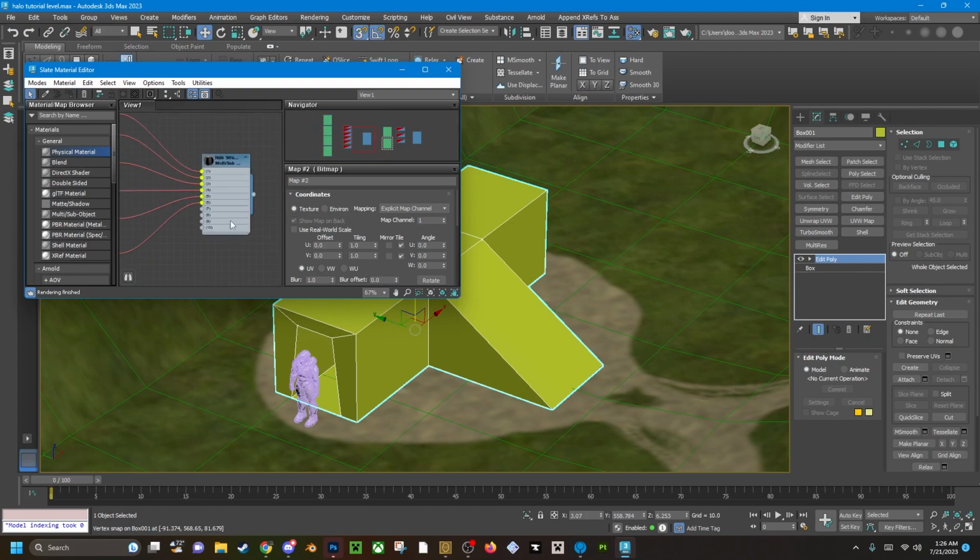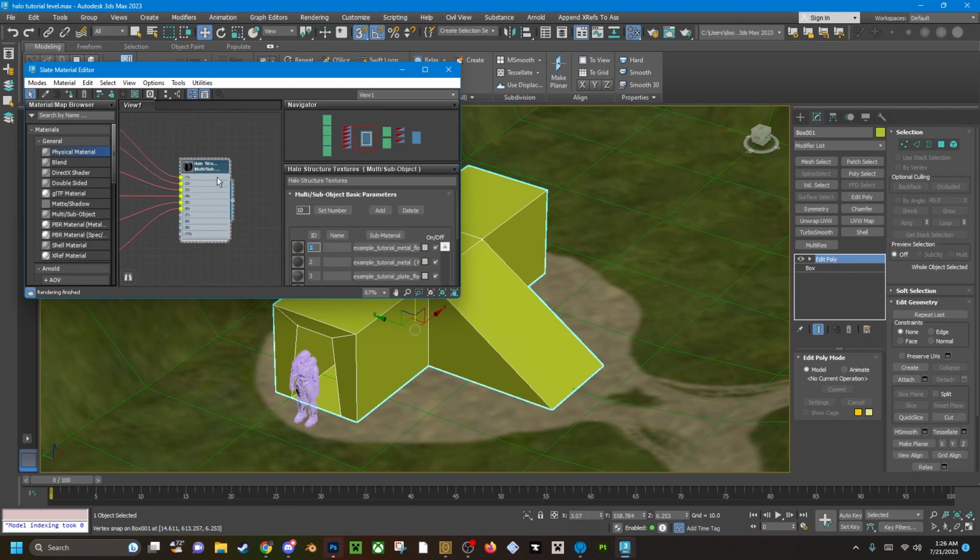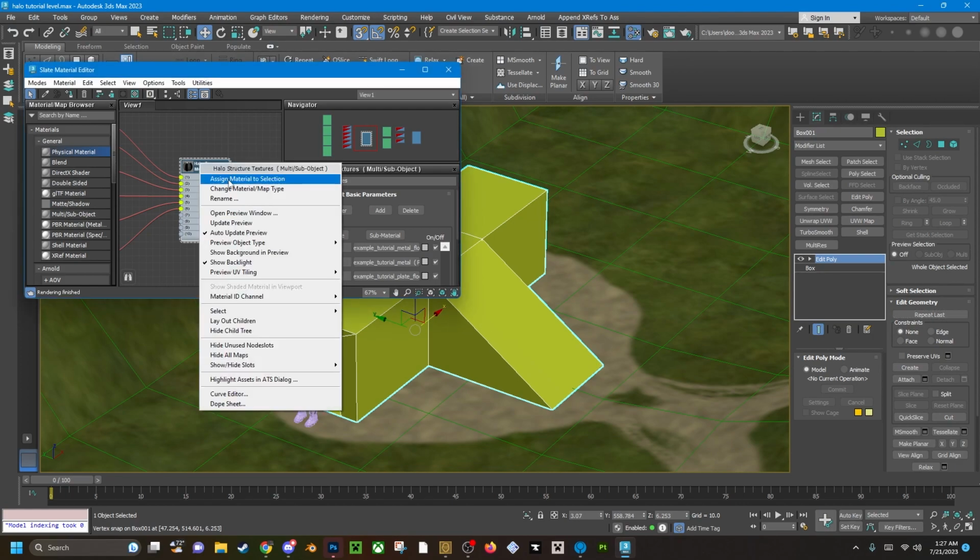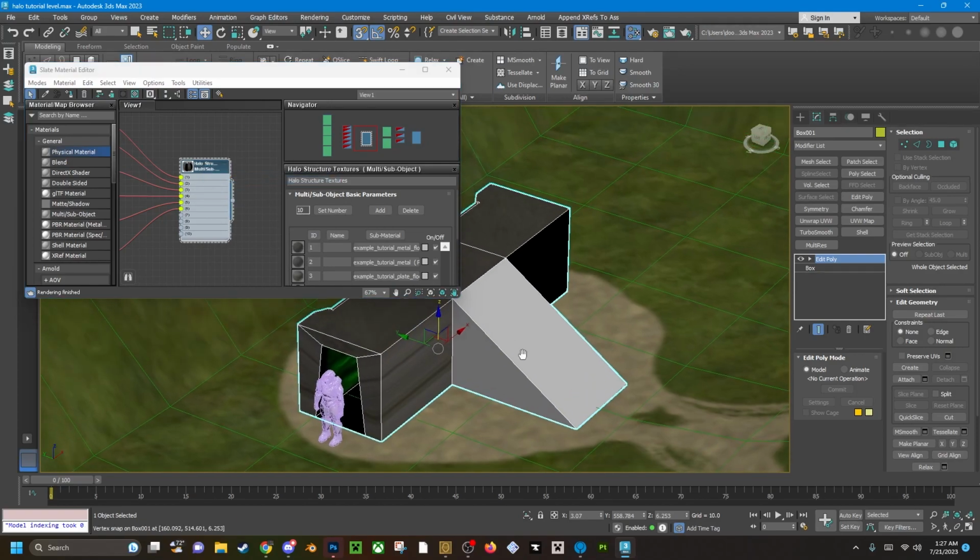So for instance, if we're going to apply the materials into the sub object that we have already created, you make sure you select it with this, and you don't have any of these on, obviously, in terms of sub selections. What you do is you have that selected, right click on it, and assign material to selection. It will properly do that, so that way you can easily